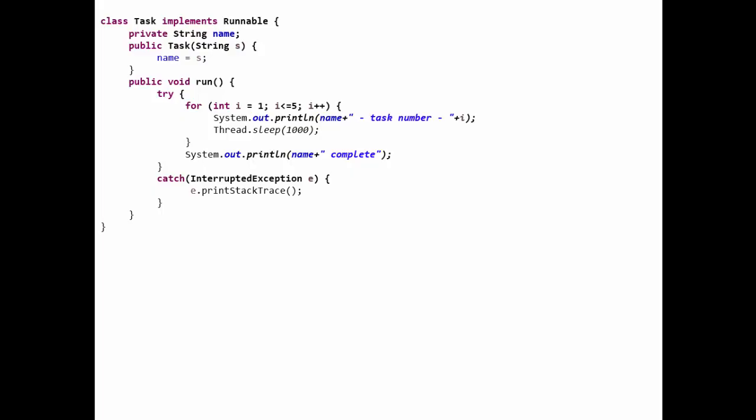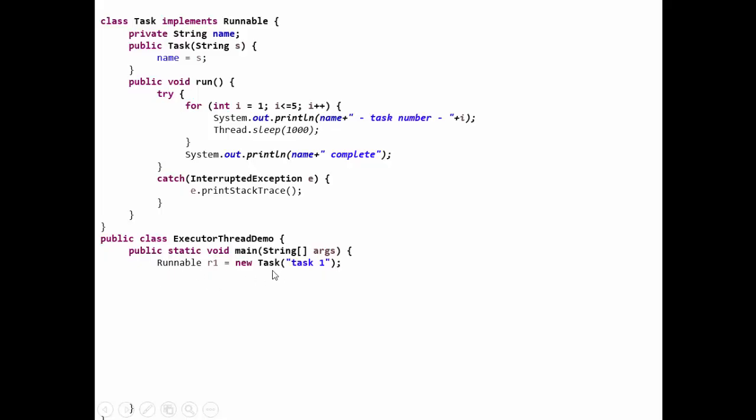Now we have made our task. This task cannot be used unless we make objects. So for that we make another class, public class ExecutorThreadDemo, in which we write public static void main. Inside main we make the object of this task class: new Task, passing the string argument task1. The new Task object is assigned to the reference of the Runnable interface, since we can create a reference of the interface and assign the object of the class in which that interface is implemented. Here Task implements Runnable, and the object of Task is assigned to the Runnable reference.